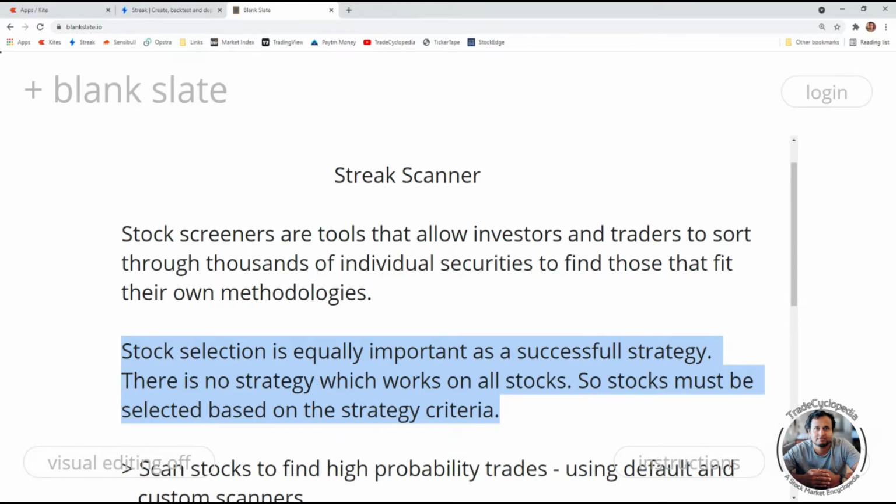Because my strategy was perfect and correct, it works most of the time, but now I selected a wrong stock for that strategy. I should have selected a stock which is in a bullish trend, or which is showing some sort of bullish signal, for that specific strategy. So that is why stock selection is equally important as your strategy, because without having a good stock to match with that specific strategy, you cannot select any stock, because there is no strategy which works on all